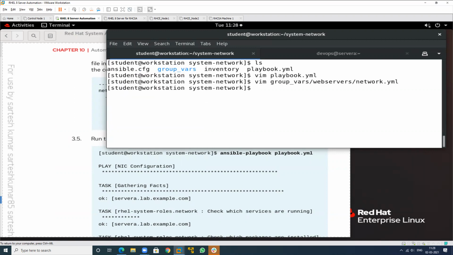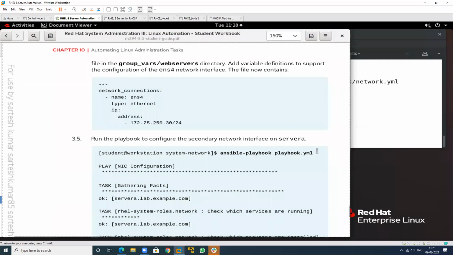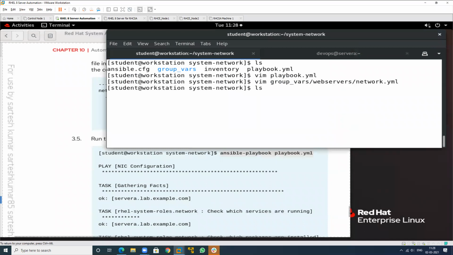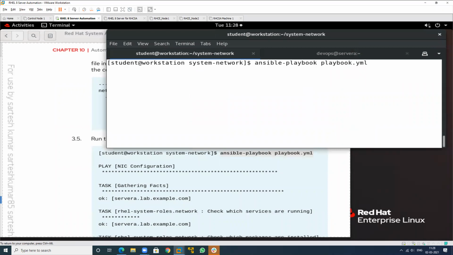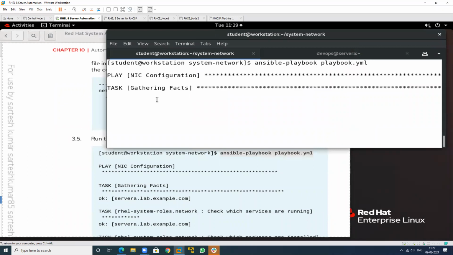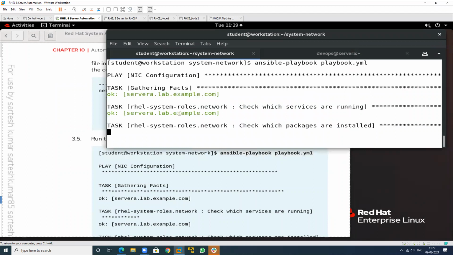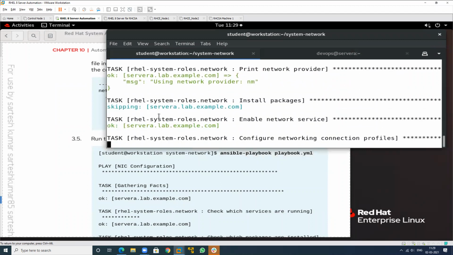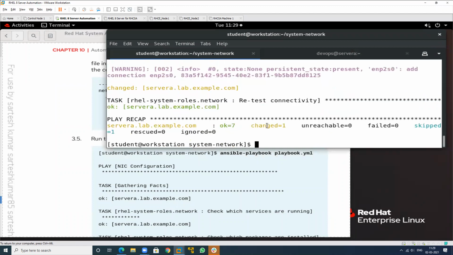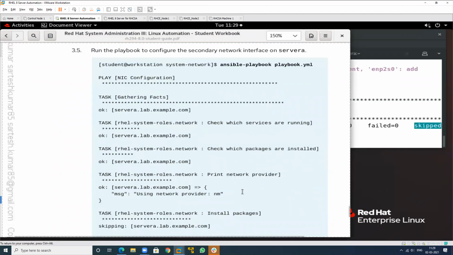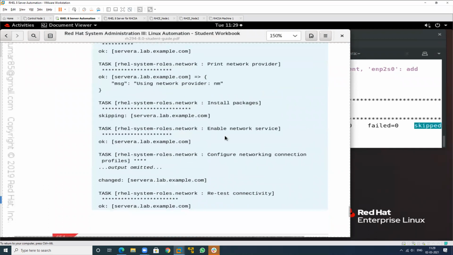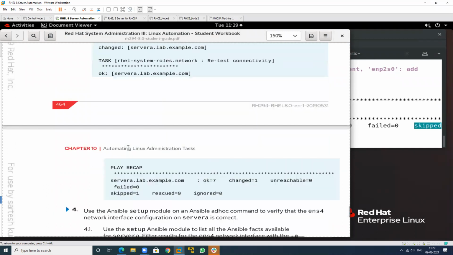Just save this and run this particular playbook again. Yes, it's complete. Now it's working. Changed one. Okay, this is skipped. See this. Changed and skipped is one.